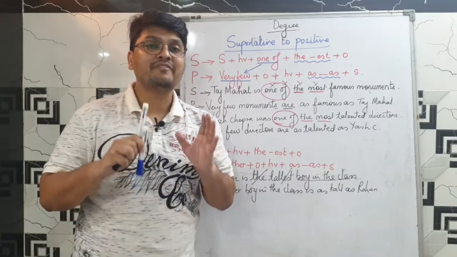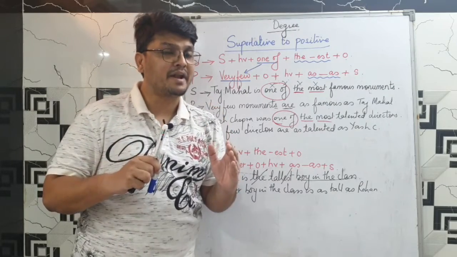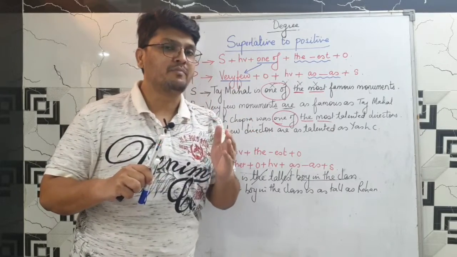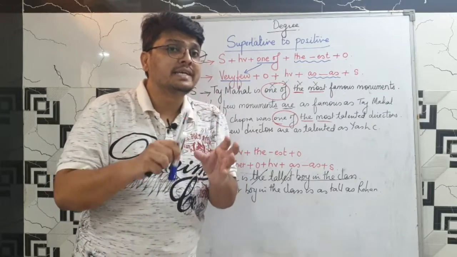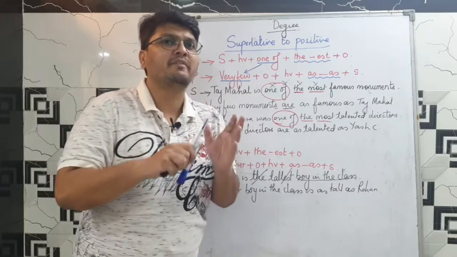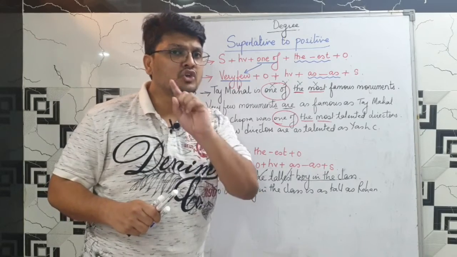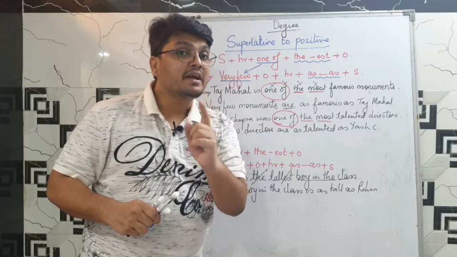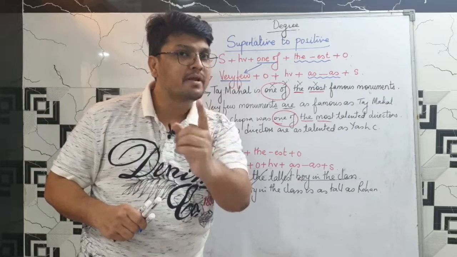So students, here we have completed degree of comparison. Yesterday I taught you positive to comparative. Today we studied comparative to positive and superlative to positive. In these two videos, I have covered those examples which are likely to be asked in the board examination. Such types of examples are asked in the examination by the paper setter, so don't get baffled when they come. Practice more so that whatever sentence comes on degree of comparison, you should be able to answer it.